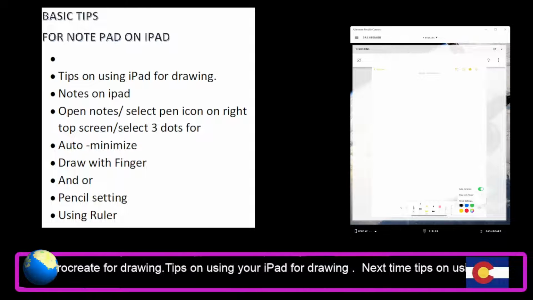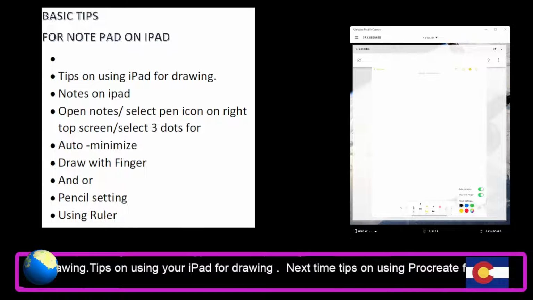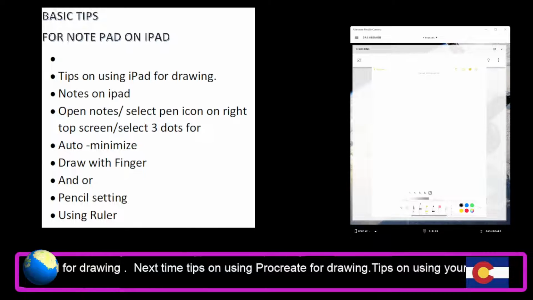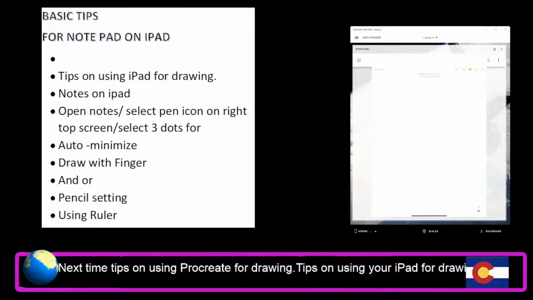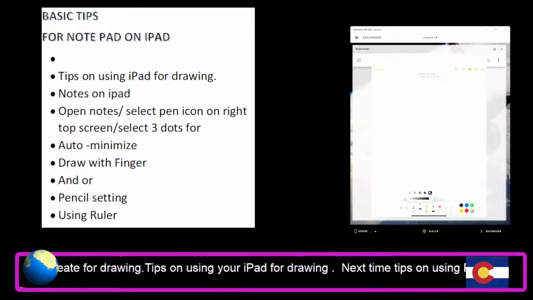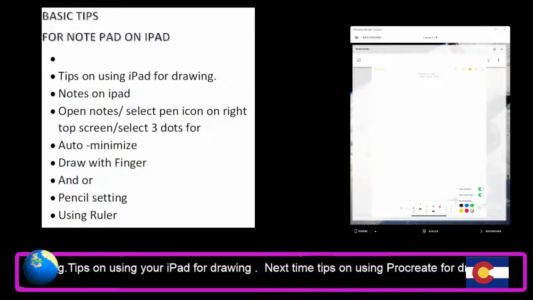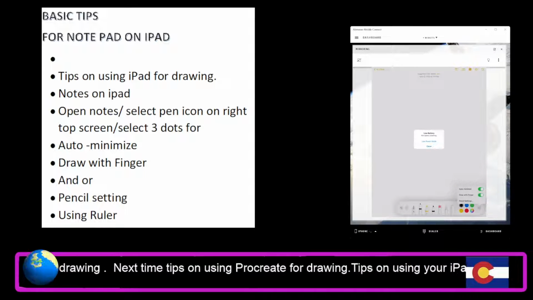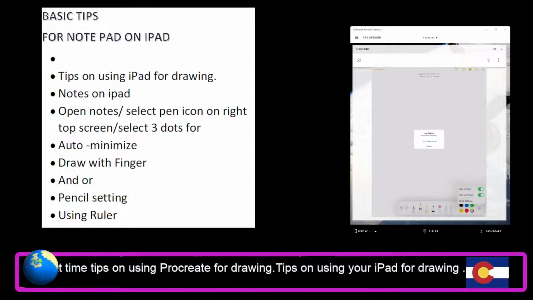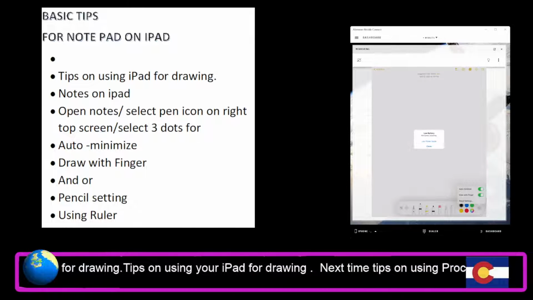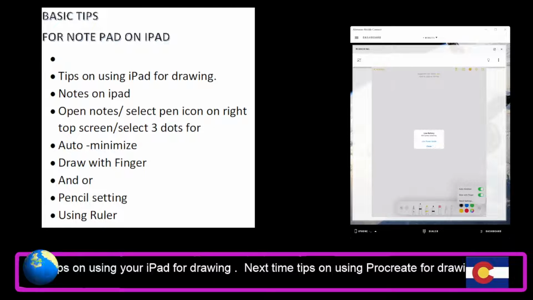This next one is you draw with your finger. And so when you come over here and you pick a pen, you have to make sure this is set up to draw with the finger. Okay, and once you've got it set up to draw with the finger, then you go ahead and